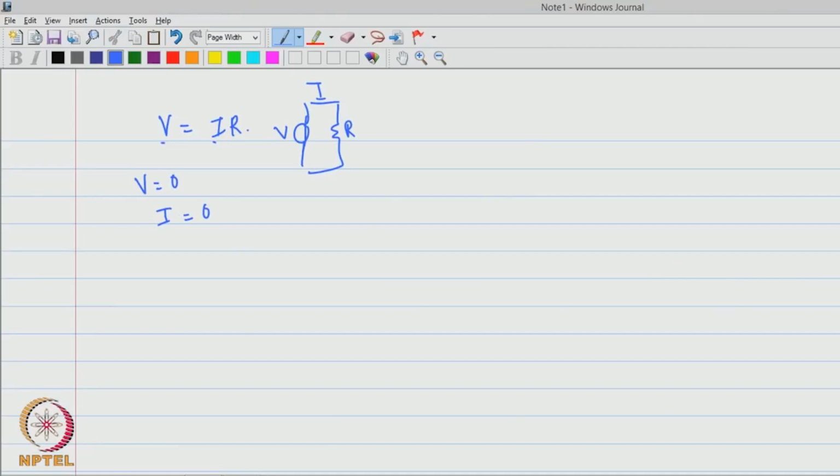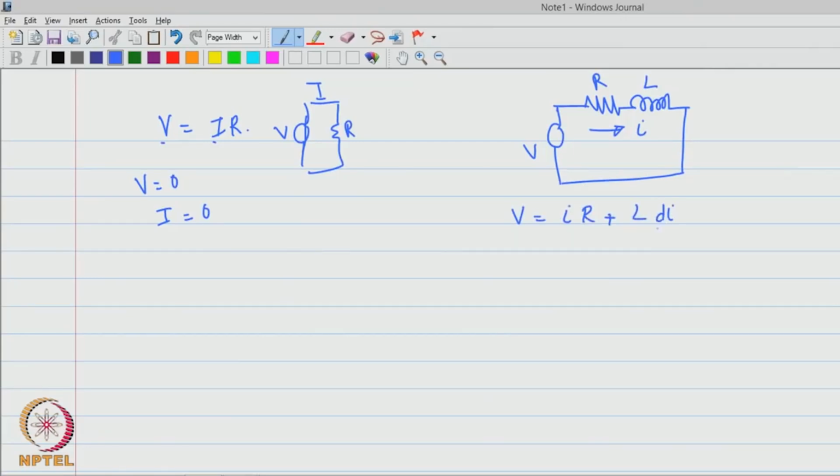So, the input is gone, the output automatically is gone, or it goes to 0. Now, take an example where I have a V, a R and an inductance. This is my R, L, and if I write down the dynamics, it would simply be V equal to IR plus L di by dt, and I say I just put this voltage source, I let the system go on for a while,